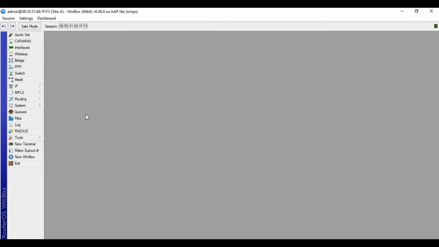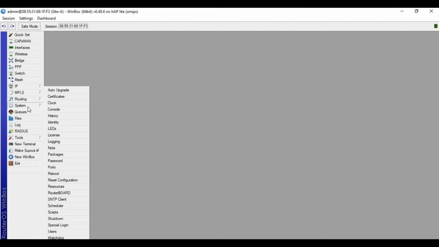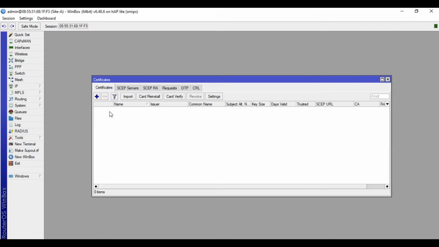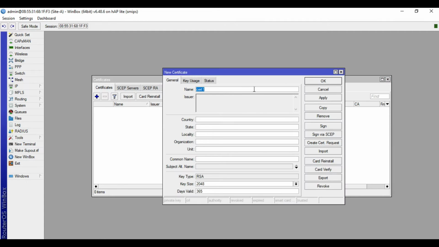We will configure first the certificates. To do that, go to System, then Certificates. Click plus here, then input a name. In our case, I'll name this one Cert Template. Then you can input here your desired credentials. In our case, I'll put these credentials.